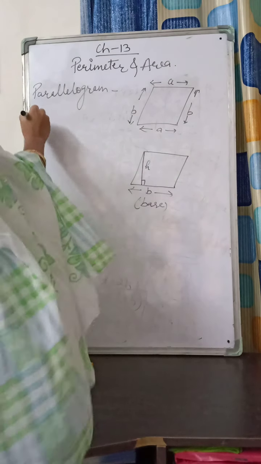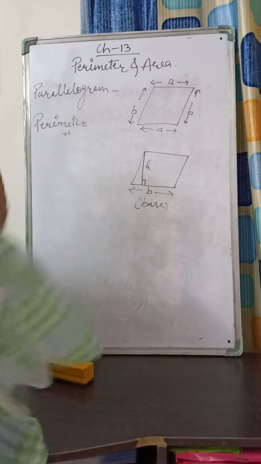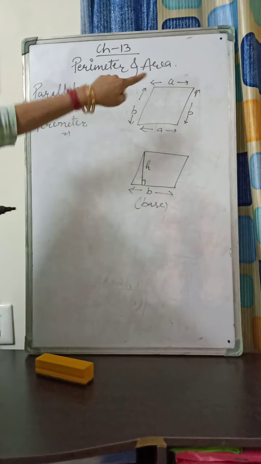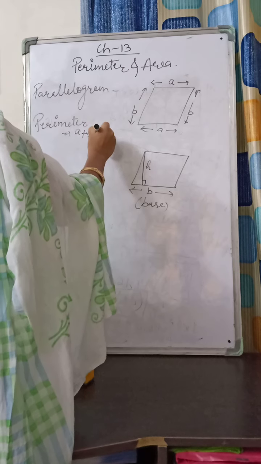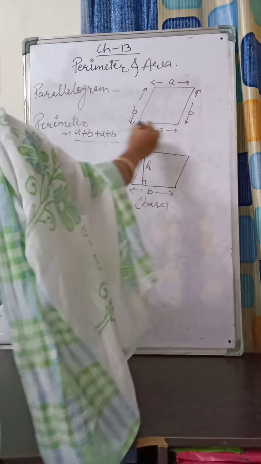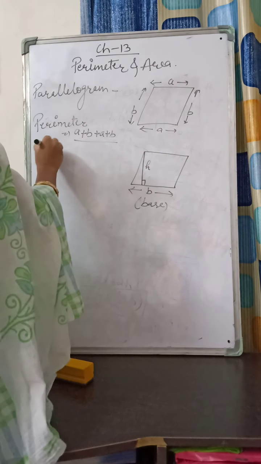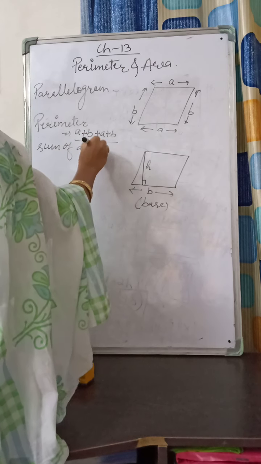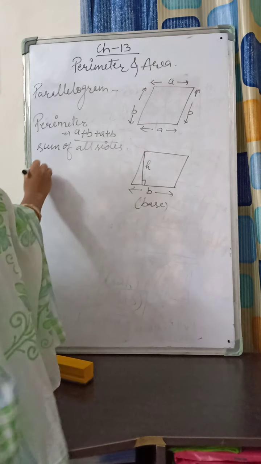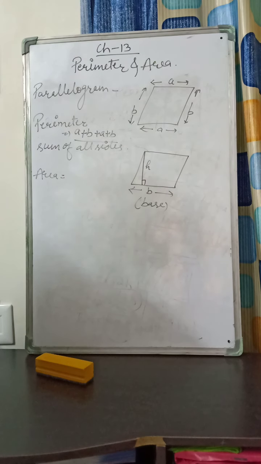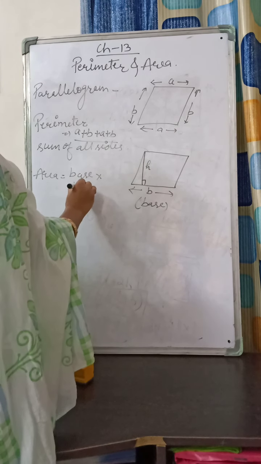Fine. So for the perimeter, we know that it is the measure of the length of the boundary. So here we can say that A plus B plus A plus B, that means the sum of all sides of this parallelogram, is the perimeter. And next, if we are finding the area of a parallelogram, student, area of parallelogram is base into